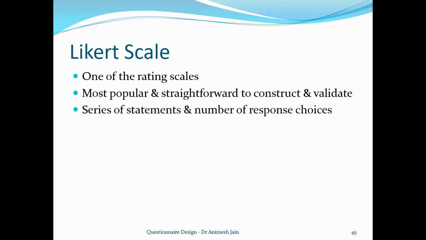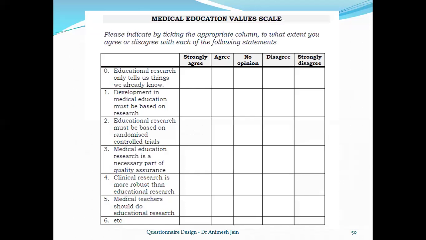Now, when you start to build a Likert scale right from scratch, please remember a few things. It's always a series of statements. Many times we see Likert scales with questions. Ideally, a Likert scale should have a statement. The difference is you never say, do you feel like, or what do you think? It will be, I feel that the current pandemic is really bad. So it's not, do you feel that the current pandemic is bad? Okay, and then response choices. She has already shown you. So you have a series of statements and then you have responses.